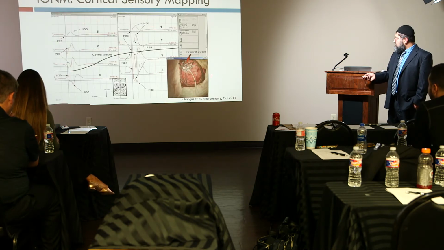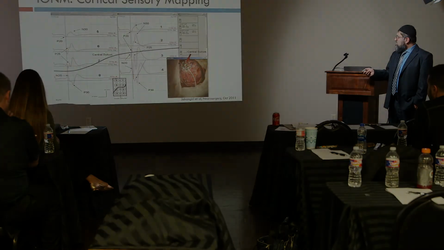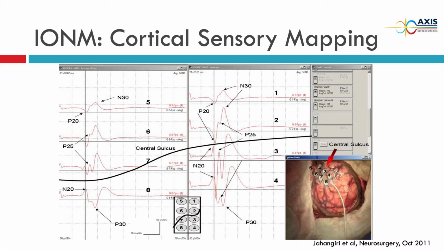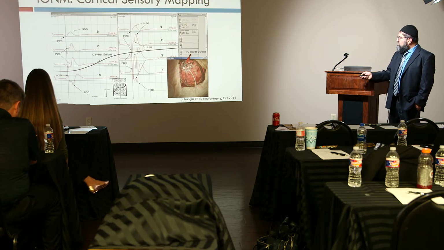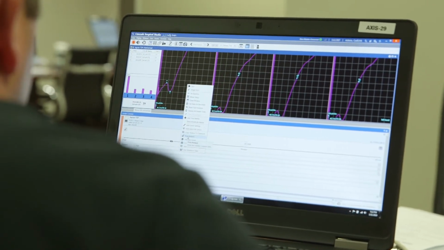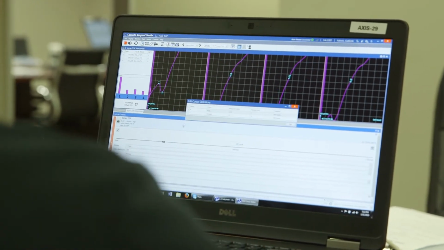This is a picture from that paper. We have a 2 by 4 grid, with contacts 1, 2, 3, 4, 5, 6, 7, 8. You see the precentral response, precentral with P25, and then the postcentral, which looks like precentral but is postcentral because there's more deflection downward than upward. And this is the N18 response, a thalamic response. Then there's phase reversal between 2 and 3, and then 7 and 8, so the grid is following the sulcus. But if you have only a 1 by 4 grid, you will make a straight line. On this grid, you can see the phase reversal, and the central sulcus is curved.